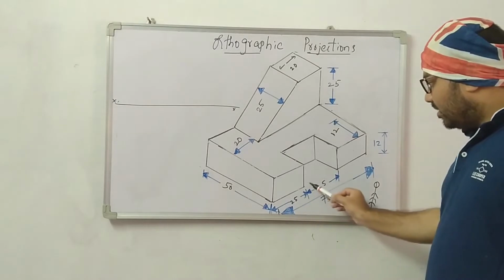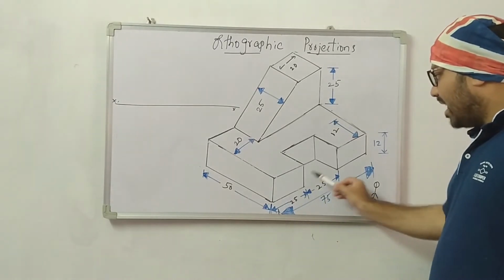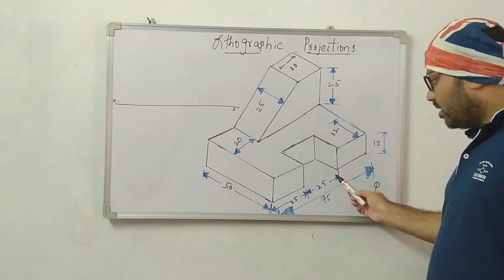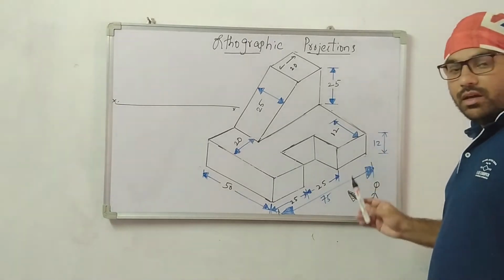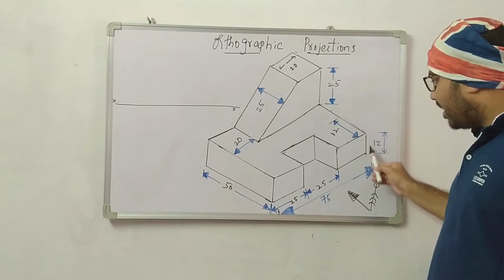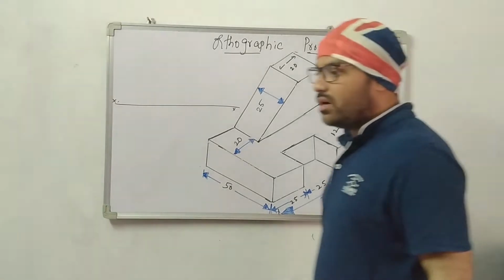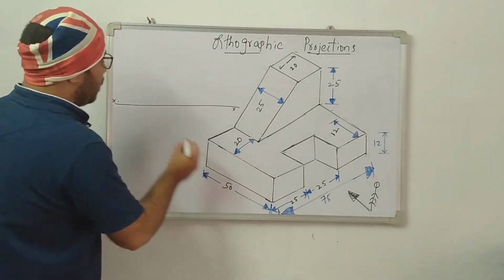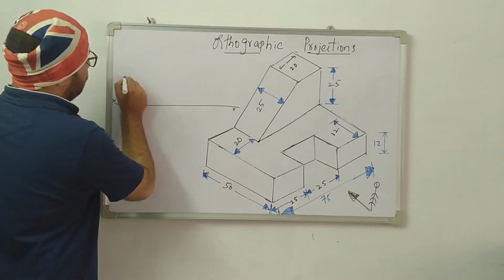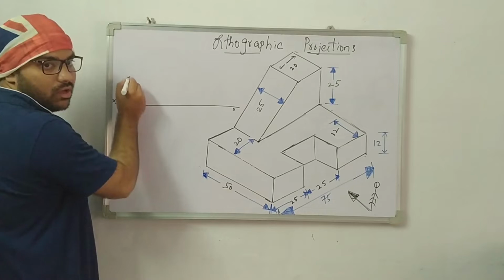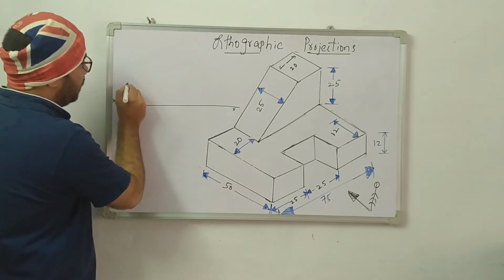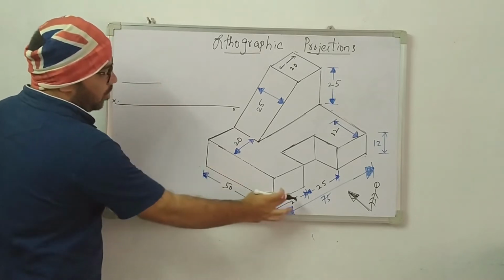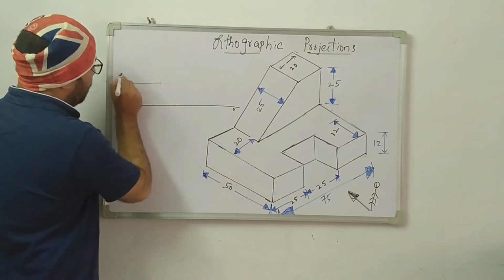Now the total length is how much? 75. Carrying three boxes, here it is 25, here is 25 and the remaining is also 25. Now what is the height of this small rectangle box? 12. So we are going to construct this small box. Let us see, I am drawing. Give some distance with respect to the reference axis, let us say 20 mm or 30 mm. Then draw a line box. This is 25.